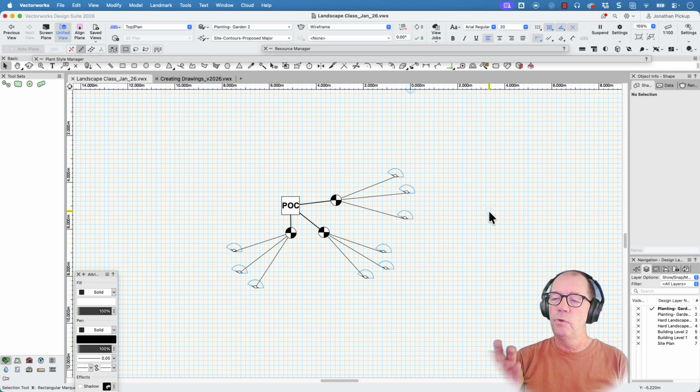Did you know that you can change all of these irrigation lines so that they reflect the valve they're connected to? Hi, I'm Jonathan Pickup. I've been teaching Vectorworks for over 30 years, and one of the things I really love